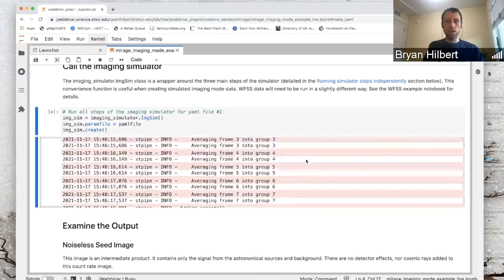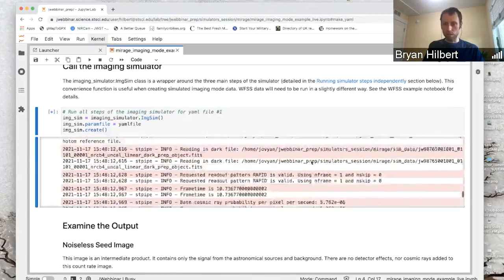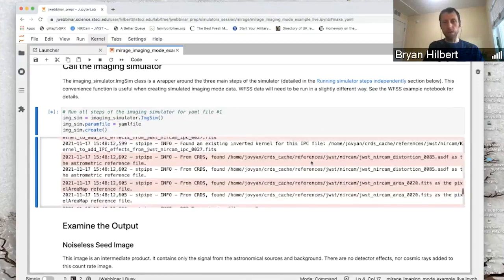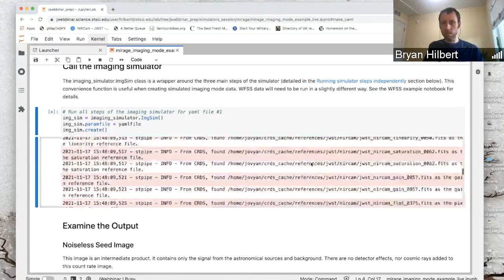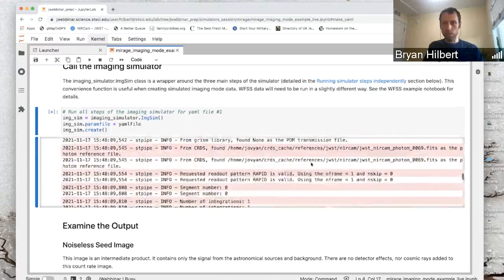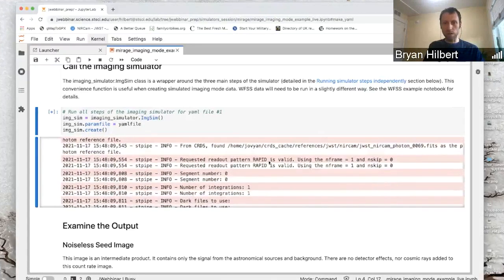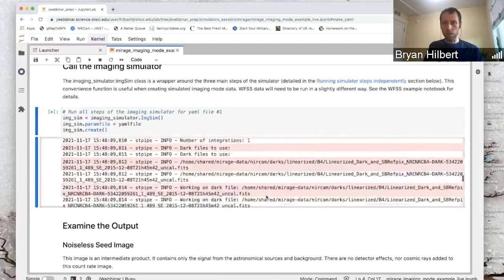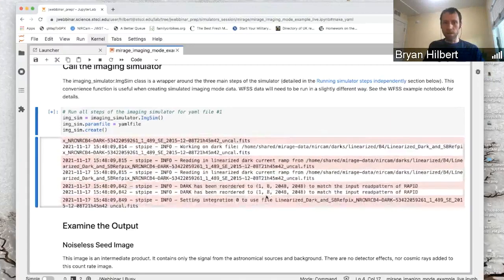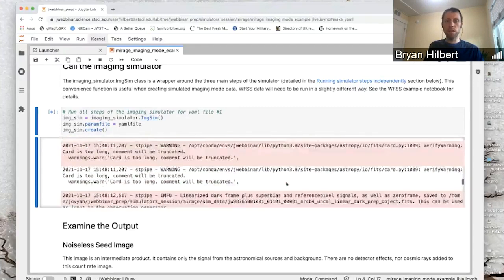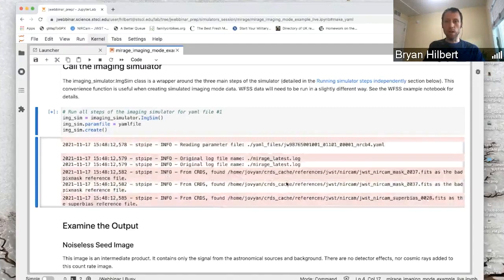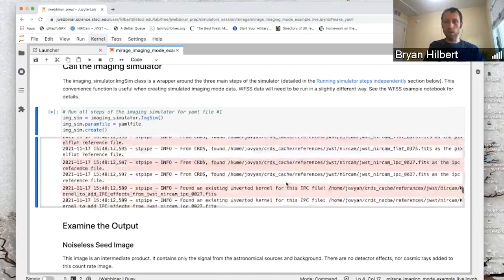Just took me to the bottom. Anyway, so it'll create the seed image. I just wanted to point out, it'll talk about the readout pattern with the number of groups and integrations. Here it's moved on to the dark current file and it's reordering it to the 1 integration and 8 groups, which is what we specified. And then it will go through and combine everything. And so if we go down to the bottom,